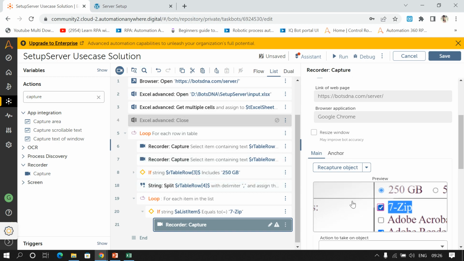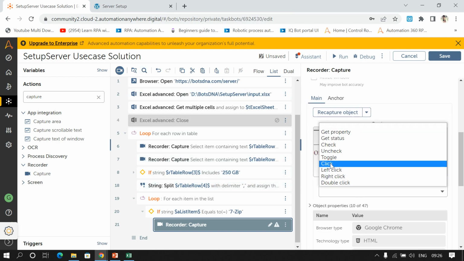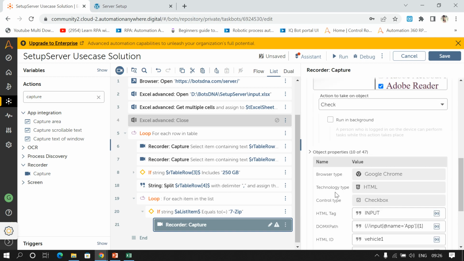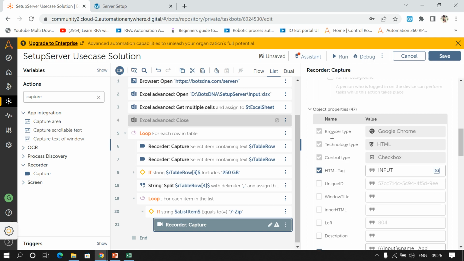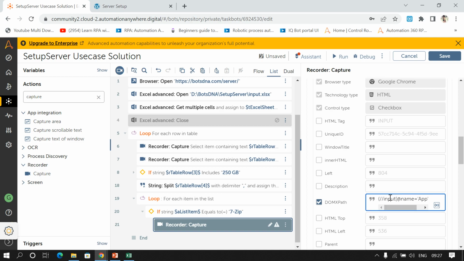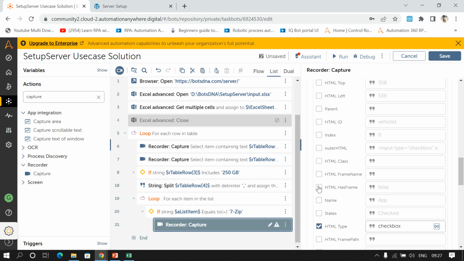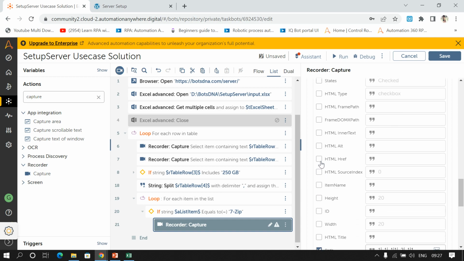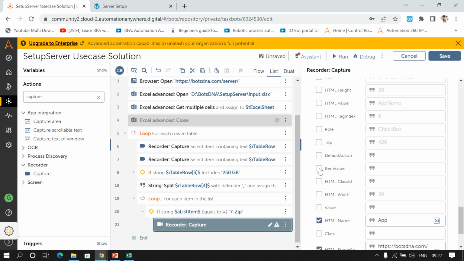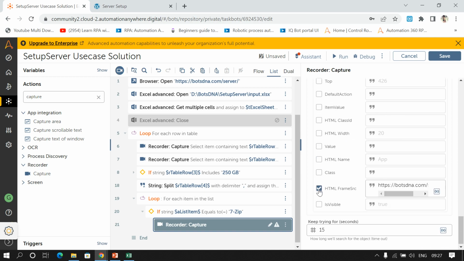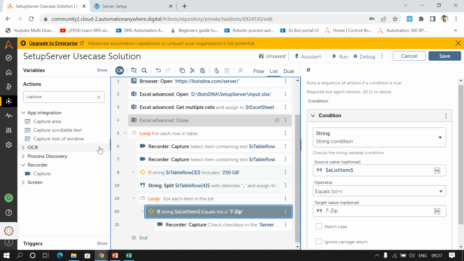So here, when the match is found, then I have to check the checkbox. So I'll select check here, and inside property, I'll unselect all the properties, and in DOM XPath I'll pass 1, because we have to select the first one. I'll do this for